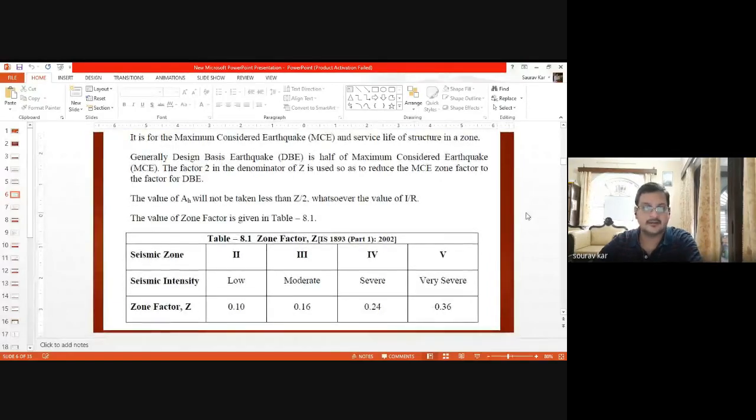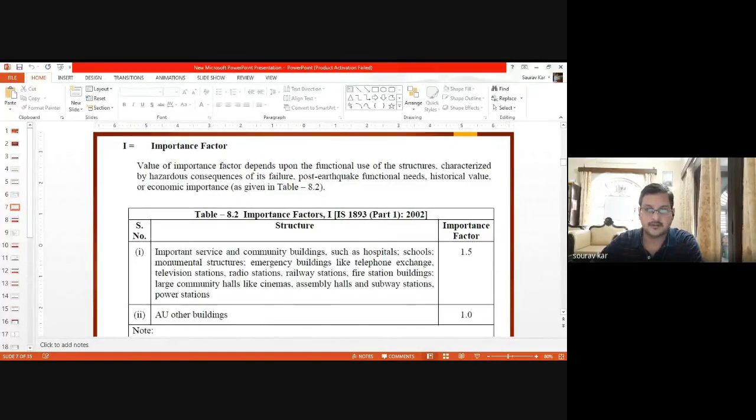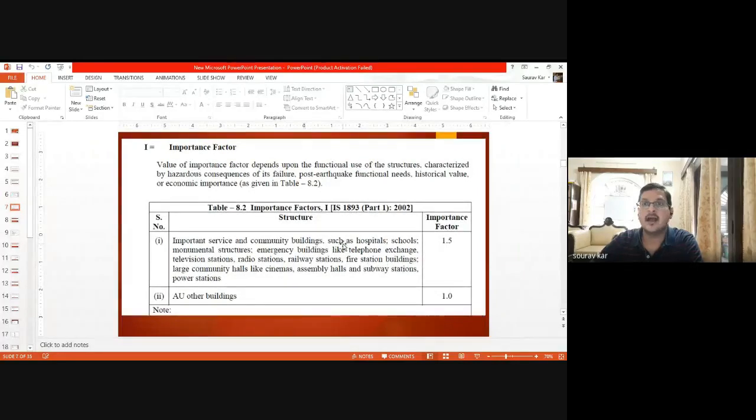Now coming to the importance factor, I. The importance factor is based on the purpose of the building. That means for which purpose the building is to be constructed, whether it is a residential building, commercial building, shopping mall, college, institute, or hospital.